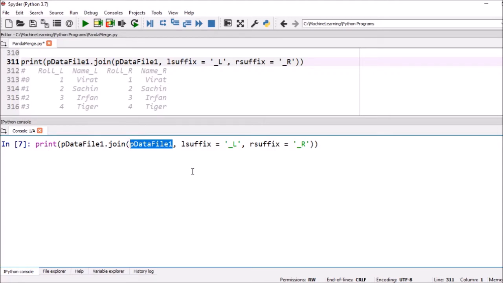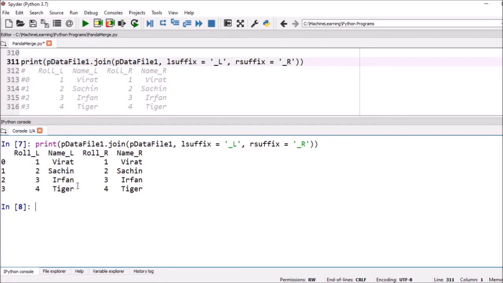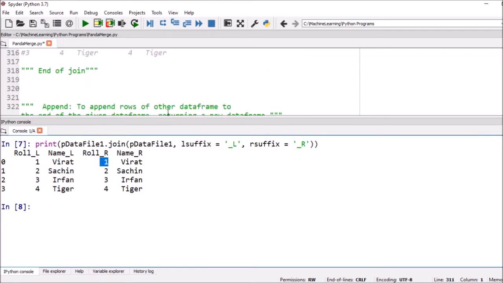So to distinguish which column is from which table, we use lsuffix and rsuffix. In lsuffix it is underscore L, in rsuffix underscore R. If you execute it, I can see we join the same data frames, and the column names are the same. So to know these are the roll numbers from the left part or from the right part, we can distinguish using these two instructions. In this way we can apply join.